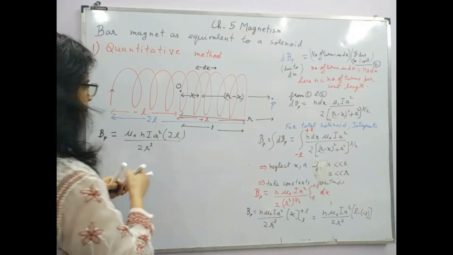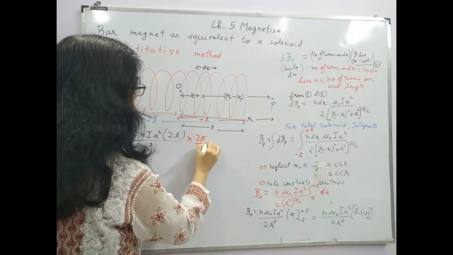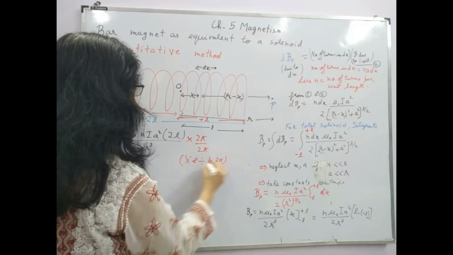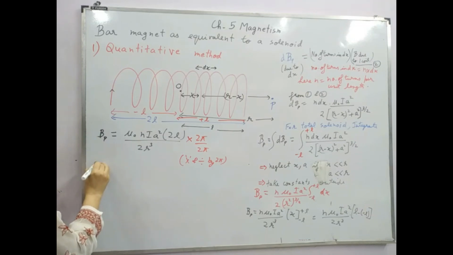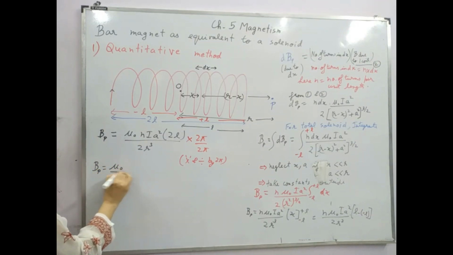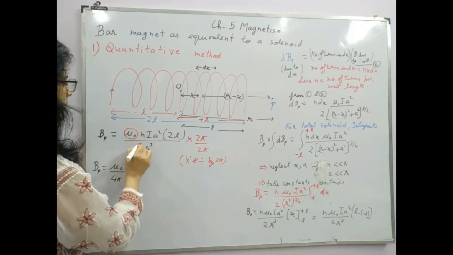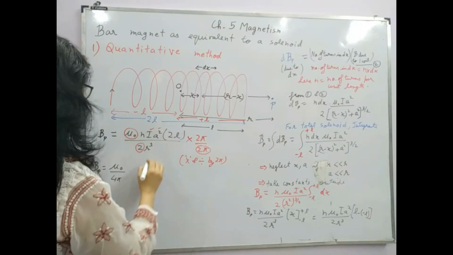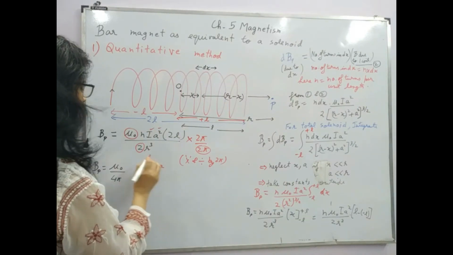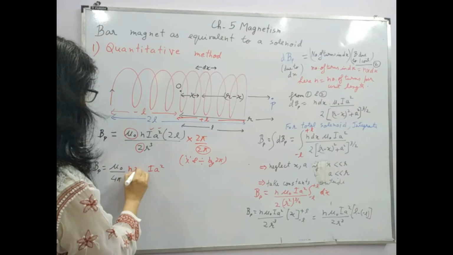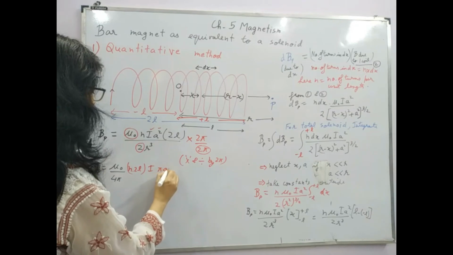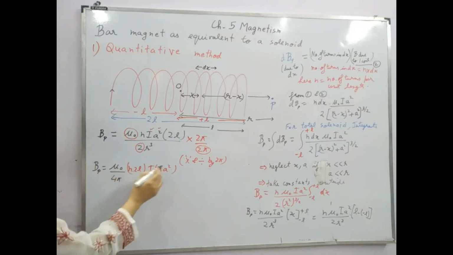If I multiply and divide this quantity by 2 pi, so multiplying and dividing by 2 pi. Why? Because we want to have a particular form. So we will get this mu naught upon 4 pi. Why? I have clubbed this quantity, this quantity and this quantity, right? And let's check out. I can write I a square and n into 2L here, I as it is, and then pi a square. So what is this? This is number of turns.